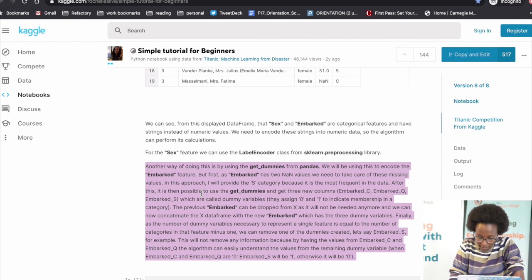The previous embarked column can be dropped from X, as it will not be needed anymore, and we can now concatenate the X data frame with the new embarked columns that have 3 dummy variables. Finally, as the new dummy variables